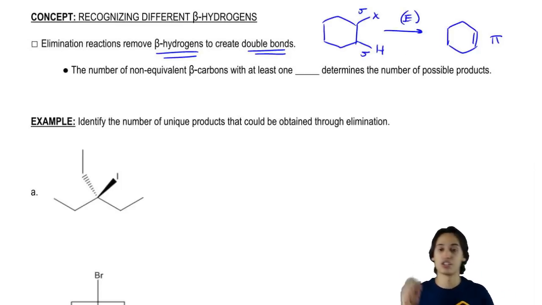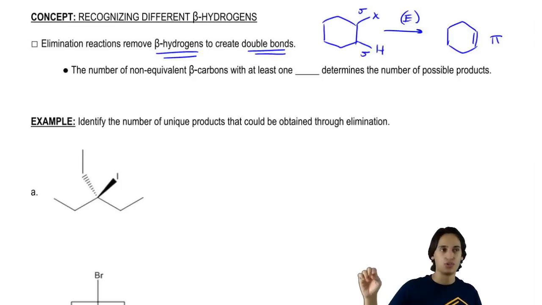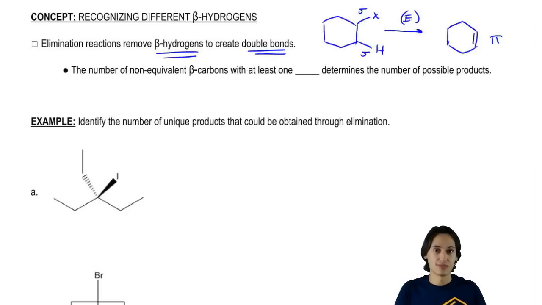That's actually the definition, that two sigmas turn into one pi. So that's not bad. But the tricky part comes in with the beta hydrogens, because it turns out that rarely will you just have one beta hydrogen that applies towards this rule. Many times, you're going to have several beta hydrogens that you have to choose from. On top of that, that complicates things more, because if you choose a different beta hydrogen to extract, that might actually make a new product. So what that means is that we're opening ourselves up for the possibility of multiple products.